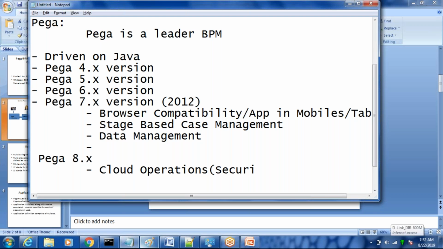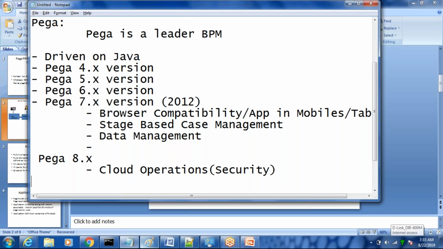They have their own mechanism whenever security comes into the picture. They will have their own algorithms followed in order to secure our data. They maintain a replica of the data, an additional copy of it, so that if something goes wrong, it will automatically provide the second replica or copy of the data, which is restored. So they take care of the restoration part as well. That is something which Pega 8.x is focused on.